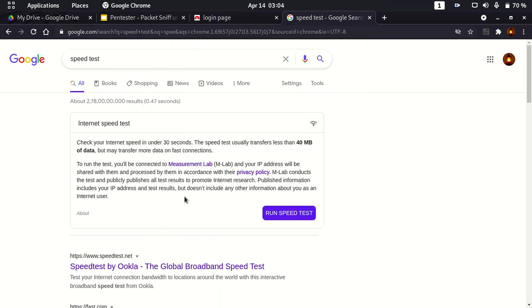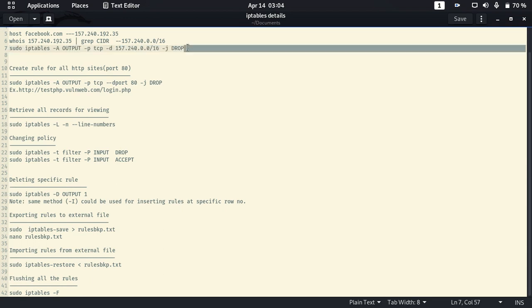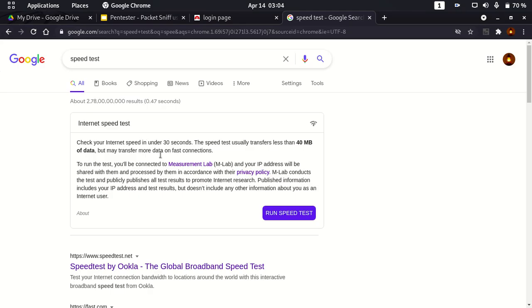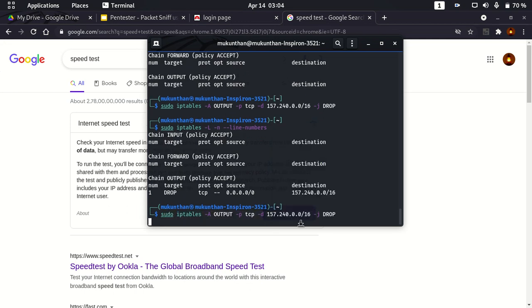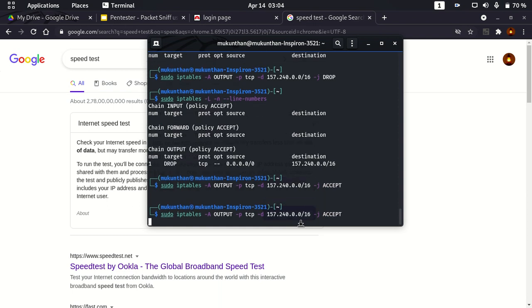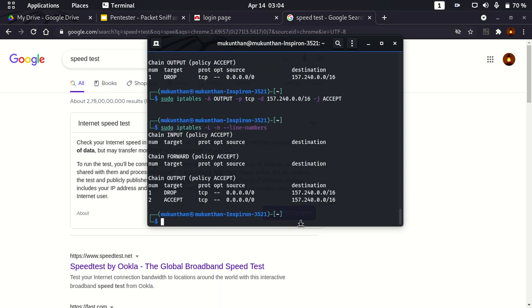So, just changing the accept. Now you can clearly see there are two rules. So this is where you will understand why it is called a chain. Why? Because let's say you are going to the output packets. In output packets, it will check the first rule, which is to drop. Since it dropped, it will complete the chain and it will come out.